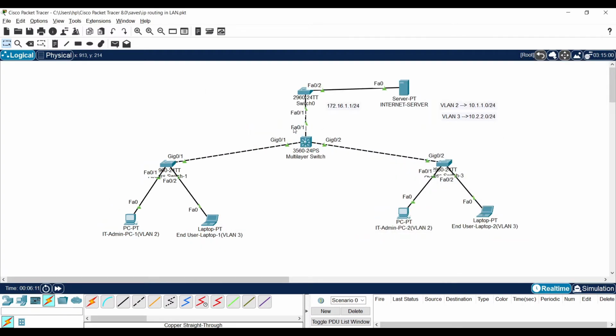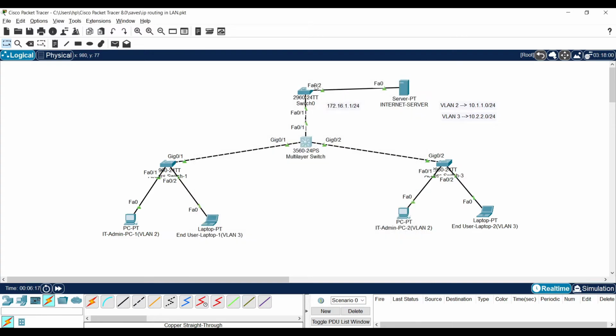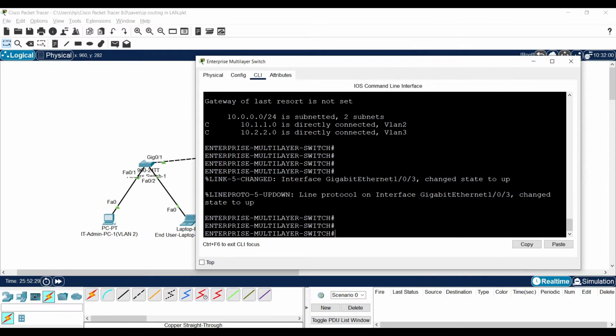To explain the routed interface, fast Ethernet 0/1, I just did a small modification in my network. I added a little part. There, I simply attached one layer 2 switch, and along with that, I added one server, which is acting like another network. So, I converted this fast Ethernet 0/1 interface of my multi-layer switch into a routed port. So, it is acting like a gateway for this server network. Right now it is acting like a switch port.